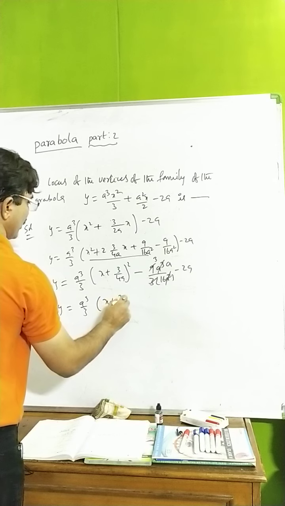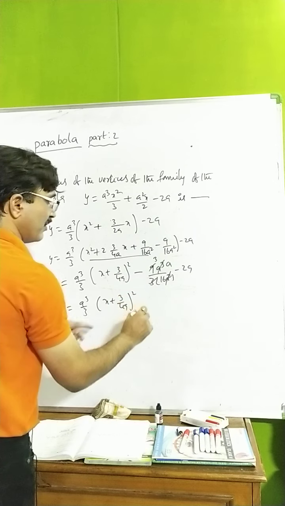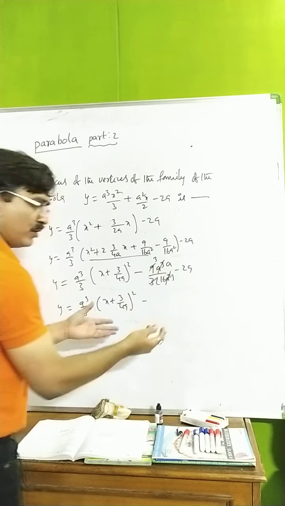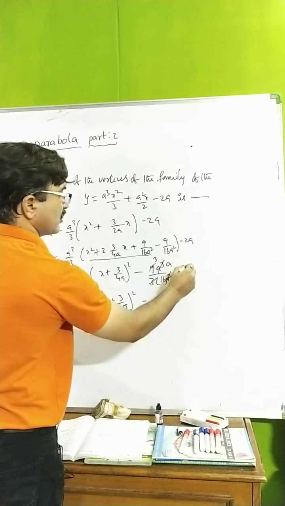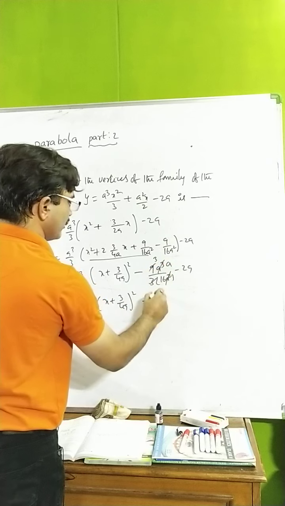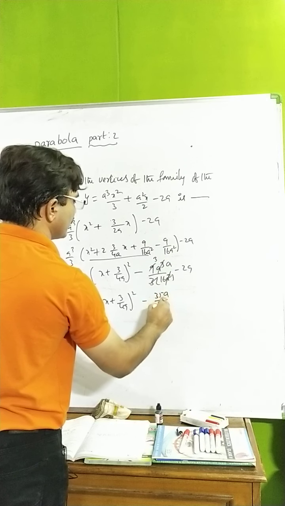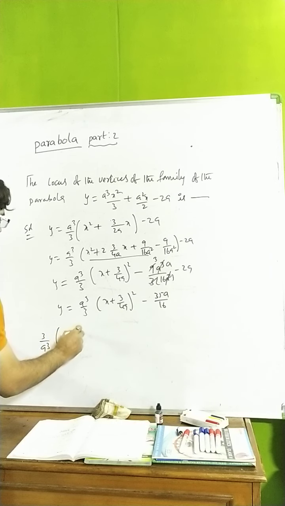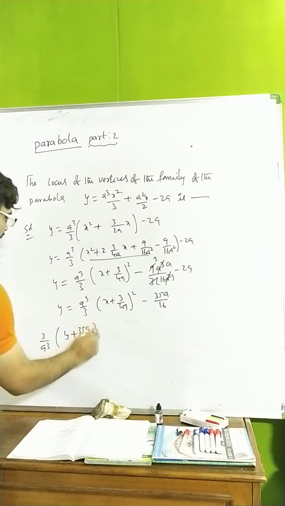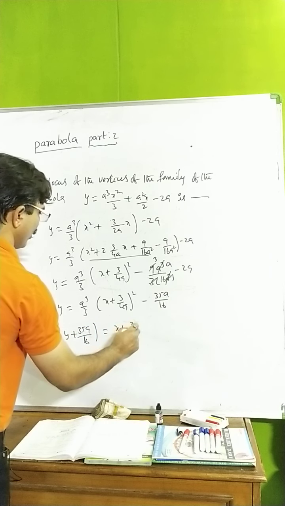You see this, please observe carefully here. The steps are important. Even though it is an objective question, you maintain a little speed. 3a, and here 16 to the 32, 32 plus 3, 35, 35a by 16 we have. Like this we can write. Now 3 by a cube into y plus 35a by 16. You see here while writing this step I have gone directly.